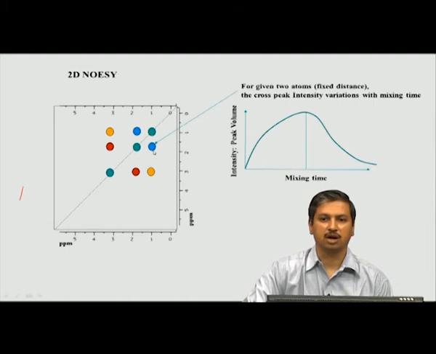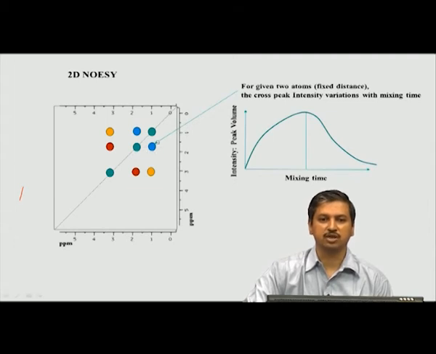That means I cannot arbitrarily choose my mixing time. I should choose either here or here or here, up to the maximum value, but not after this point, because of T1 relaxation and other effects, the intensity now drops going down. When intensity is going down, it will give you misleading information. Why? Remember, my only measurement is intensity in a NOESY spectrum, and from there I have to calculate the distance by using that formula we saw in the last slide.